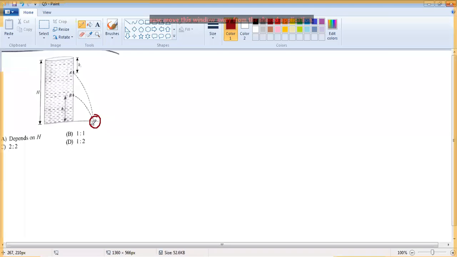So that means the ranges are the same, H1 equal to H2. What is the meaning of that? The ranges are the same. We actually discussed this in the last class, H1 equal to H2. Do you remember that? Otherwise, you can solve this condition again. This is H2, this is H1. Now I'm drawing the figure here.